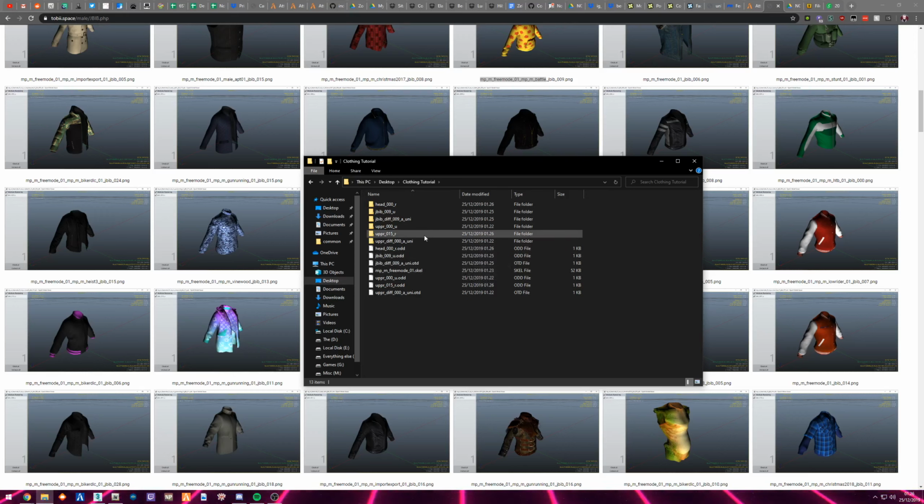So the way that we tell the game, or when we import something, if you import a piece of clothing right now, it's going to show up in 3ds Max with fake bones. So you're going to do the same thing as I've shown in the previous tutorials with pedestrian models. We're going to take the MP Freemode skeleton and rename this to the same as the piece of clothing from GTA that we want to use. In this case, it's JBIB 009. So we're just going to rename the skeleton file to JBIB 009U space